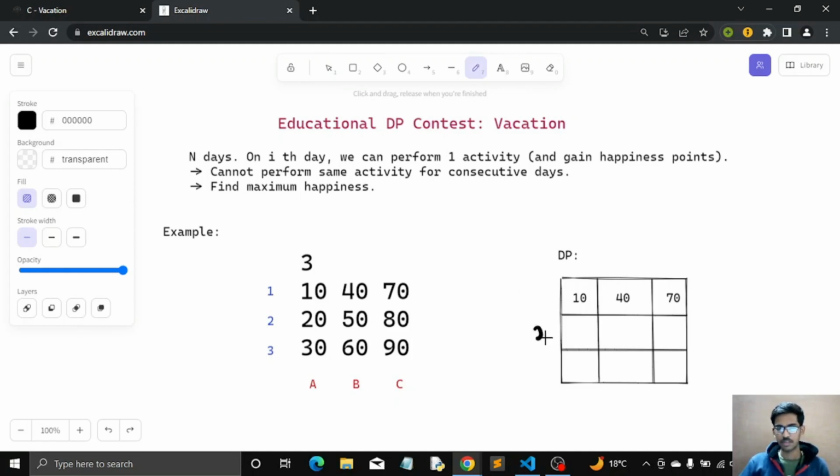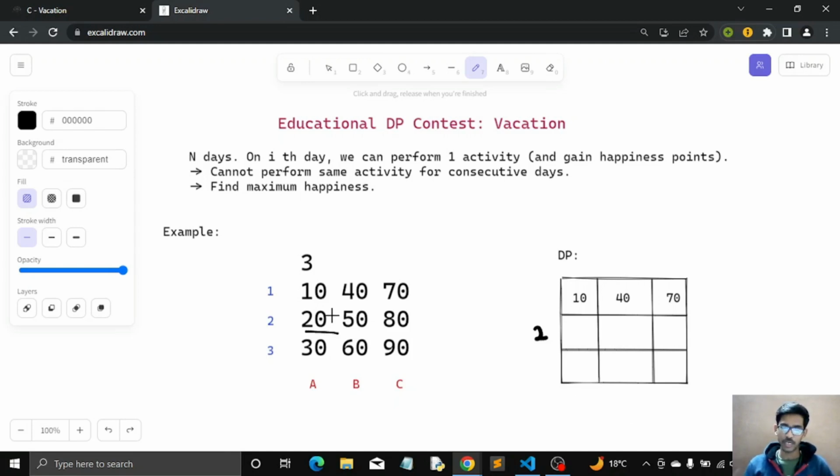We are going to assume that if on day 2 I perform activity A, then what is the maximum points of happiness that I can gain till day 2. If I perform activity A on day 2, I will gain 20 points plus the maximum